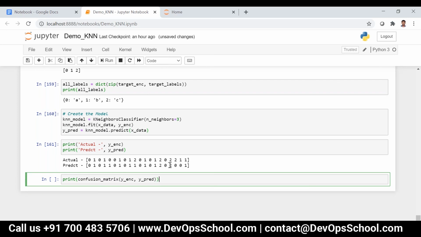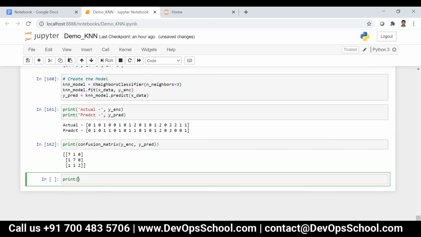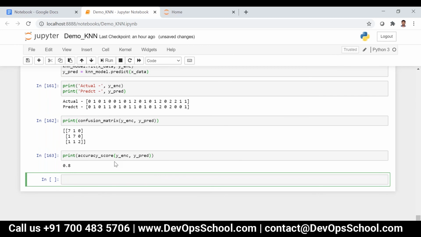And then you can give precision also, like precision score of y_enc and y_predict.